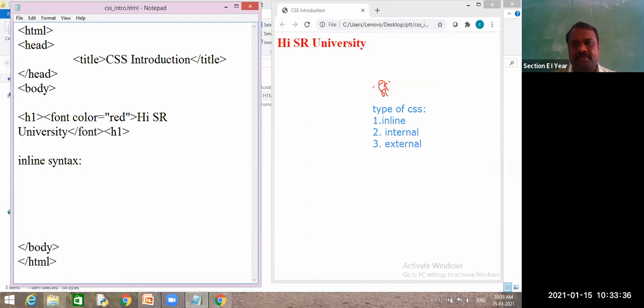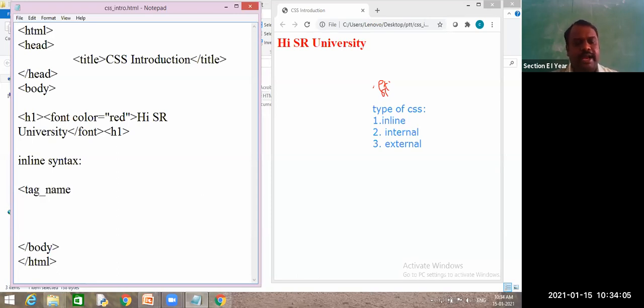So inline. What is meant by inline? In the same line. In the same line, I need to assign the CSS property. We will see how to write it. So first, the element name. It can be applied to any element. What is meant by element? Element is nothing but any tag. Or for your convenience, I am writing tag name.